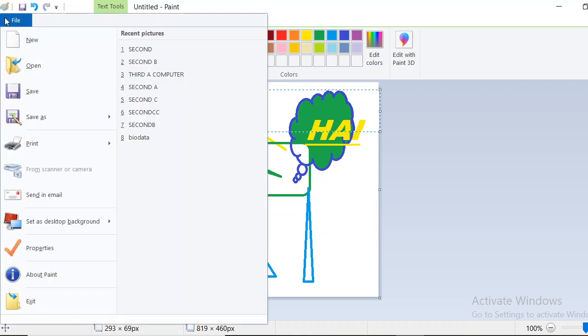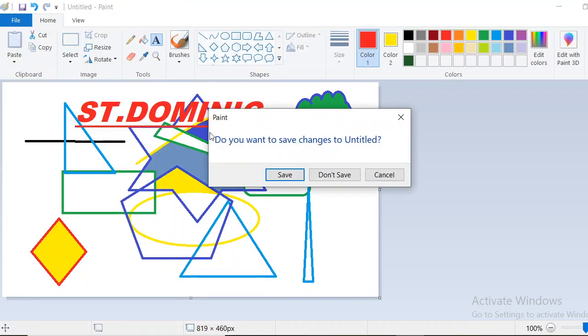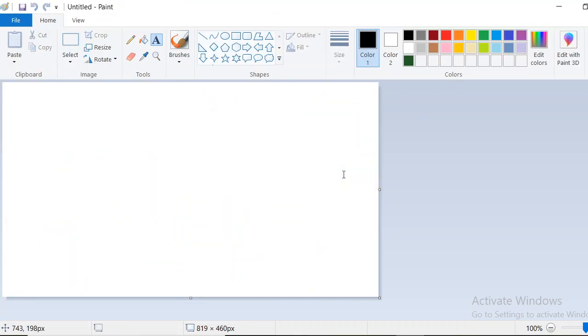Okay, once again I want to take a new window. Go to file and take new, don't save. So now I think it's clear about these shapes. Then the next one is brushes. Different 9 types of brushes are available there. So we can select different ones, first selecting the first brush tool. Now I'm taking a line and one color also, and we can draw like this.